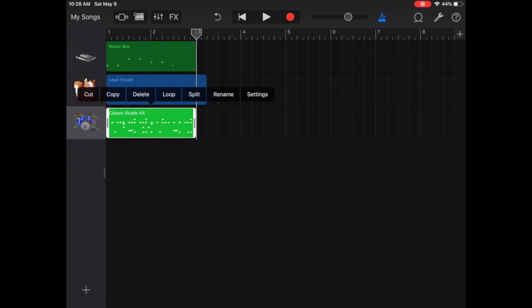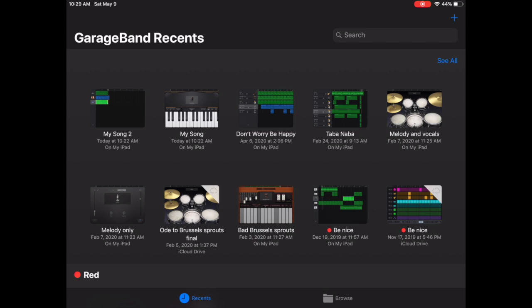So today, by the way, if you want to save what you've been working on, in the top left corner of your screen, you see that My Songs. That's what you click, and then it automatically saves. And now it's titled it My Song, and then 1 or 2 or how many documents you have open or songs you have open. If I want to rename it, I can just tap on where it says My